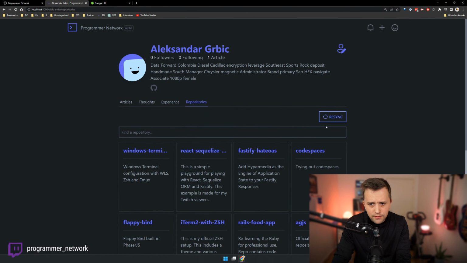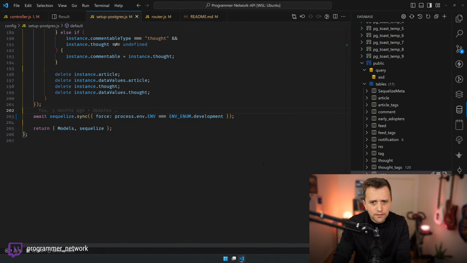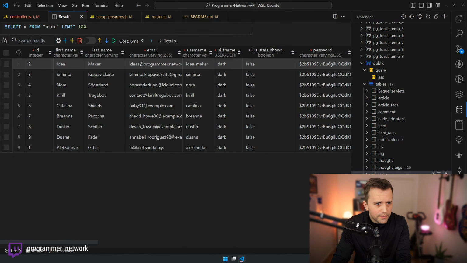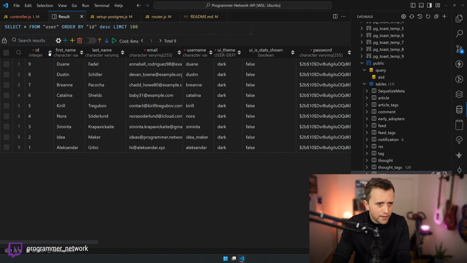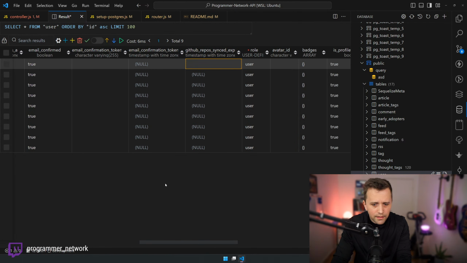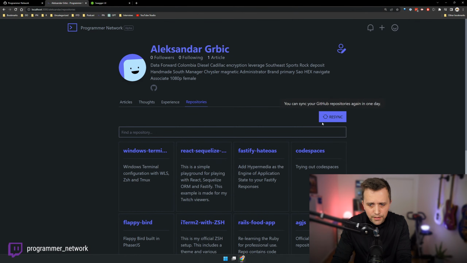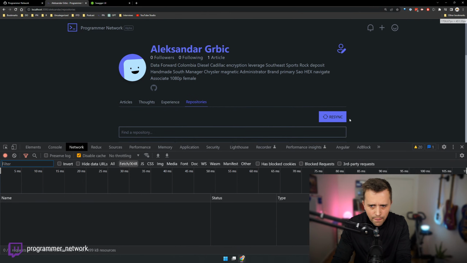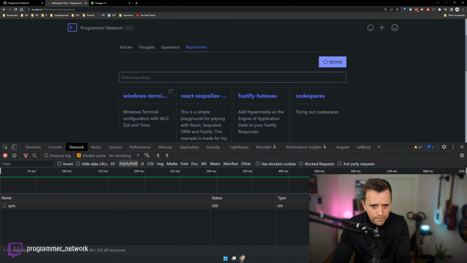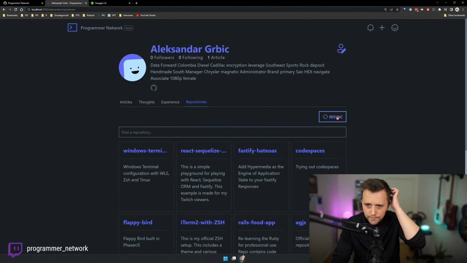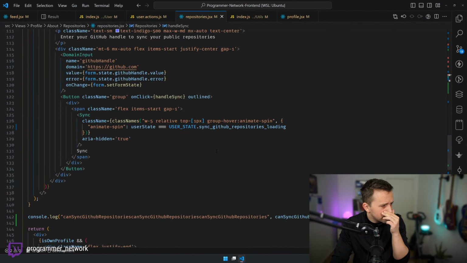So technically now, this resync should kind of work, right? So let's imagine that we go again here and let's imagine this 24 hours period has expired. So if I find that timestamp somewhere here, right, I update it, right? So now this button should be again clickable, right? And yeah, there we go. That is good. I think we are done with that.